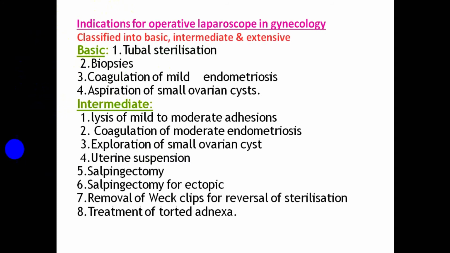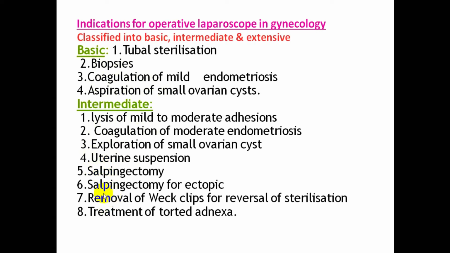Basic: tubal sterilization, commonly used for completed family and need for tubal ligation. This is better, with less stay in the hospital, less blood loss, and less wound infection. Biopsy, coagulation of mild endometriosis, aspiration of small ovarian cysts. Intermediate: cases of mild to moderate adhesion, coagulation of moderate endometriosis, aspiration of small ovarian cysts, uterine suspension,